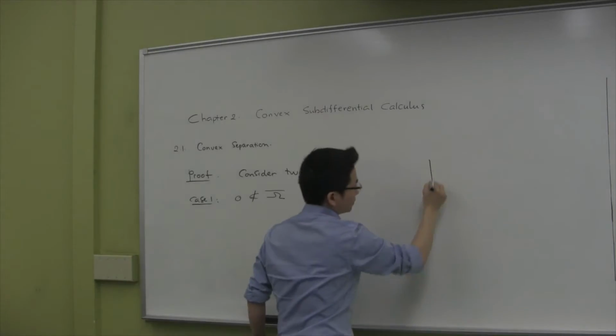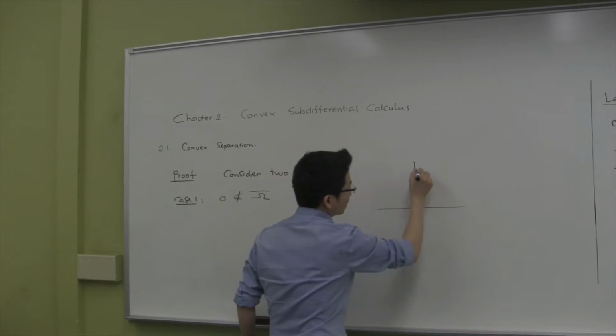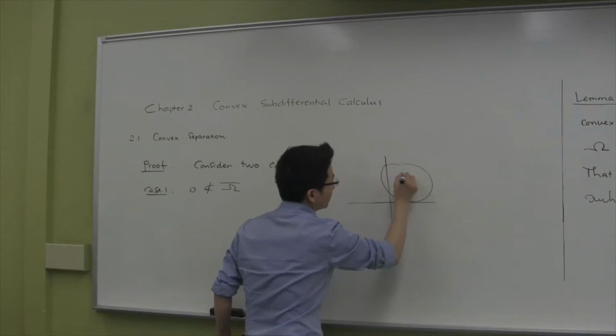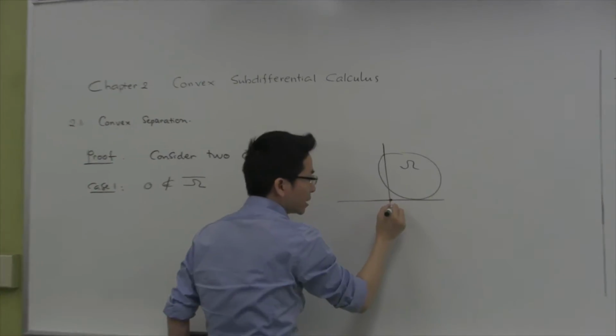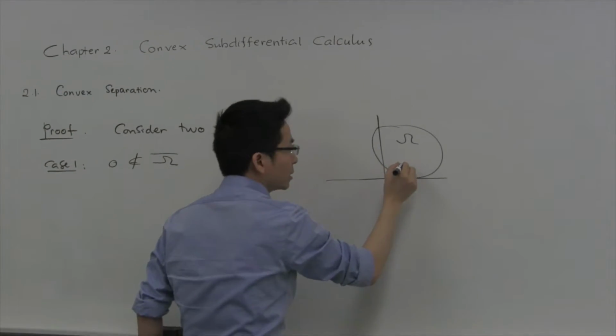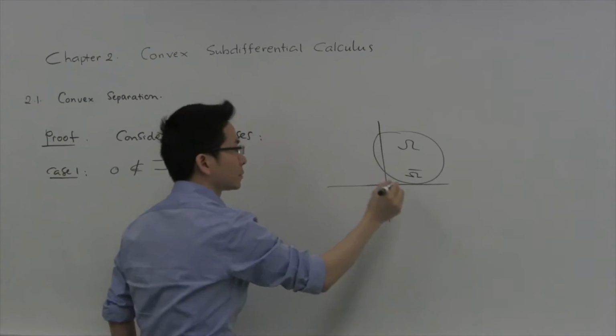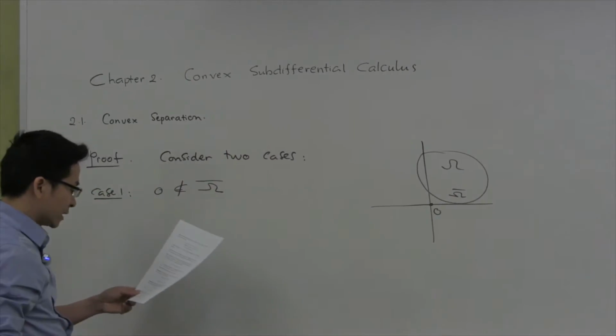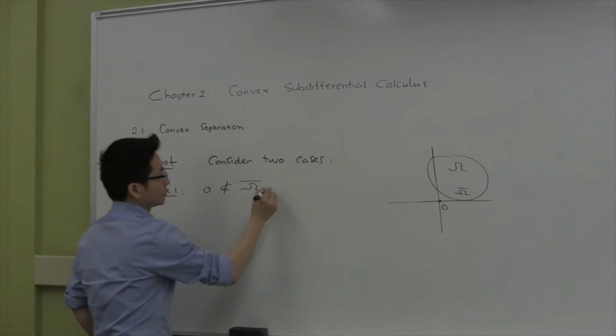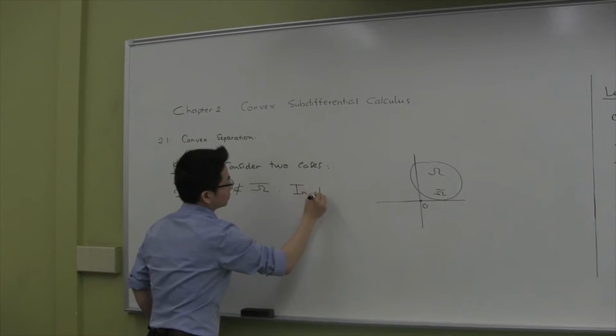Okay? So we look at the case where 0 doesn't belong to the closure of omega. In this case,